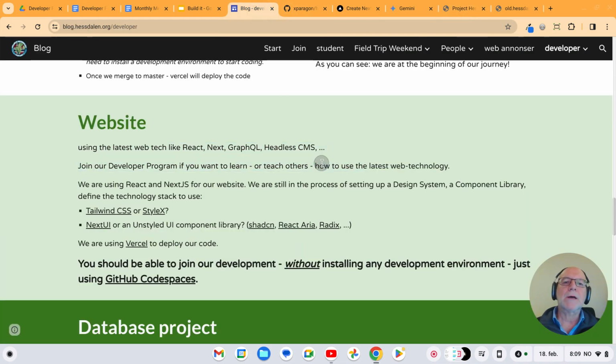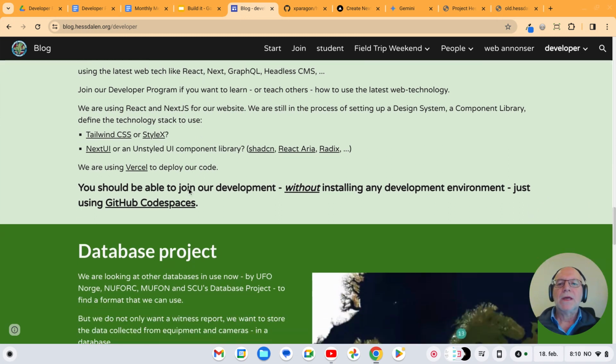But it's already kind of a little bit old, and I will comment on that. It has to do with the routing. Now there's a new way to do the routing called app routing, and I want to get into this. So the website is interesting technology for me, and then we have